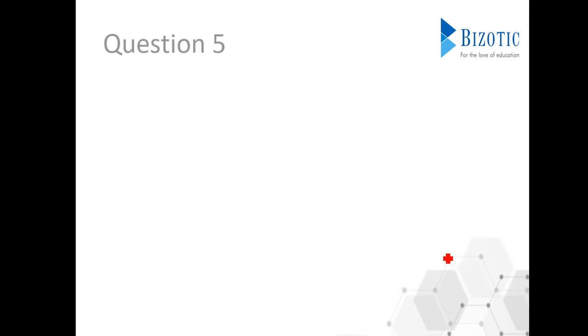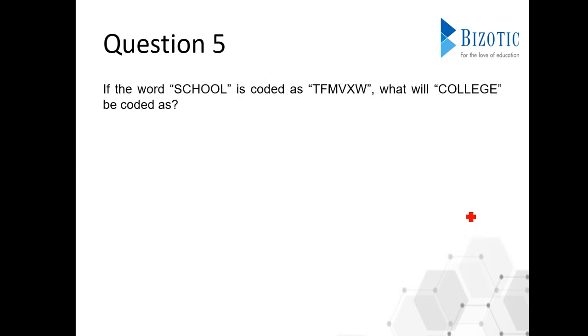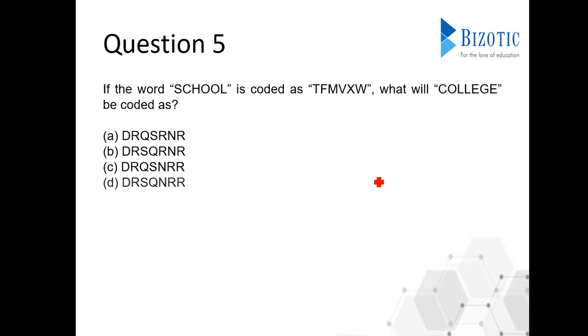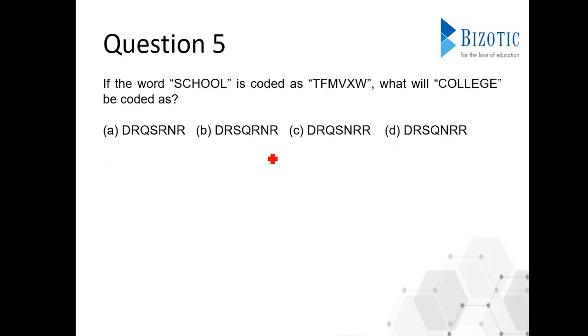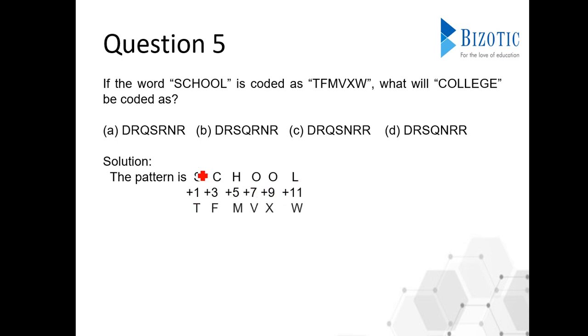Let's get into the next question, our last question for this video. If the word SCHOOL is coded as TFMVXW, what is the code for COLLEGE? Let's find out. So our hint here is SCHOOL being coded as TFMVXW. Let's see what the pattern is. For SCHOOL, we add all the odd numbers: 1, 3, 5, 7, 9, 11. And the answer is